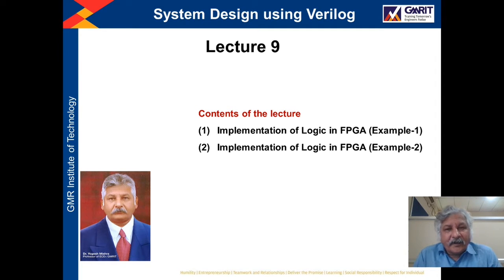So in the last lecture we discussed the architecture of FPGA. There we found that there are many CLBs, configurable logic blocks, and inside a CLB there is a lookup table, and in the lookup table our logic will be implemented. Now to route the signals, there are vertical and horizontal connecting lines,